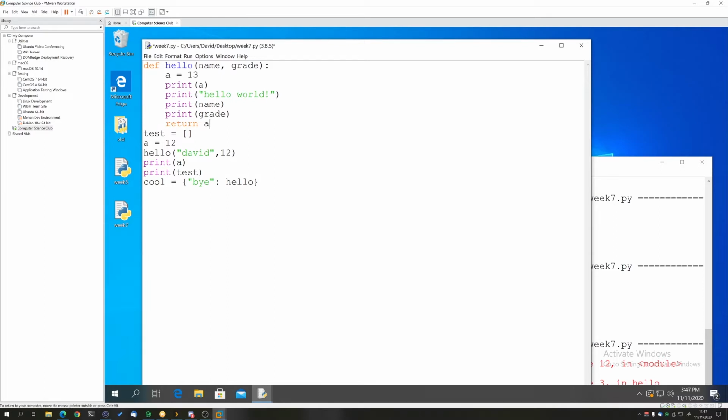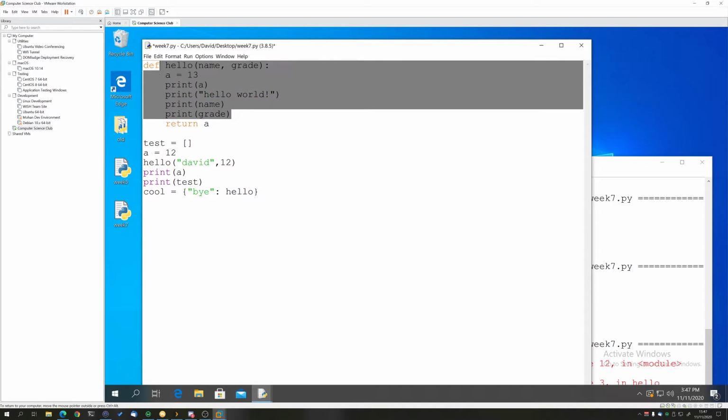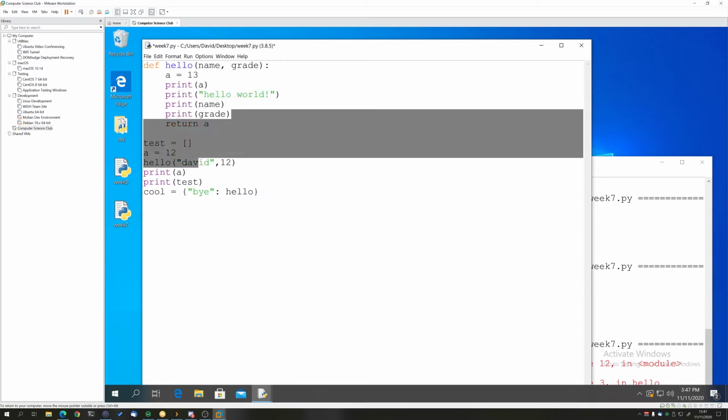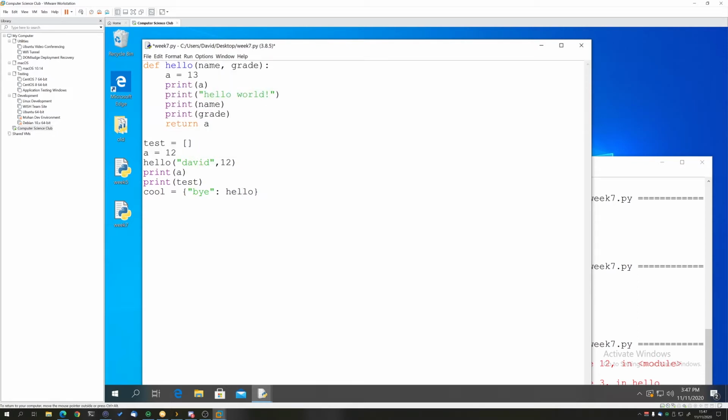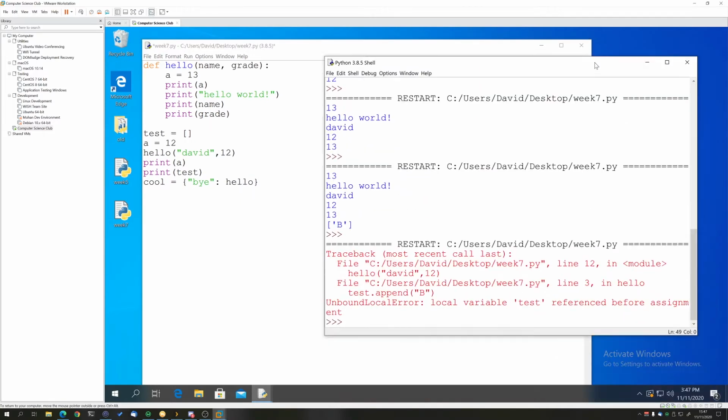Next up is this return statement here. Return statements are essentially a way for your function to interact with the outside world. After you're finished processing, your function can return a value, and then that value can be used by other parts of your program. Now, one thing to note here is that if you don't put a return, it'll return a None object.